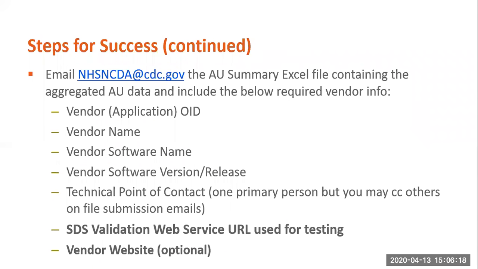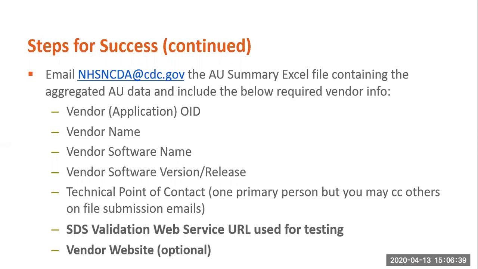So once ready, send the NHSN team the AU summary Excel file in order to receive confirmation of successful AUSDS validation. In addition to the Excel file, and as part of the vendor registration process, we are also now following up on,